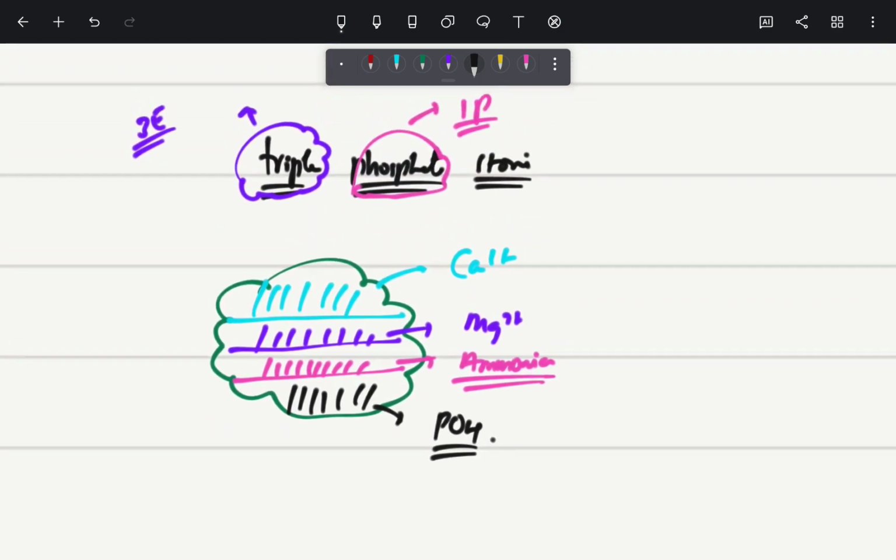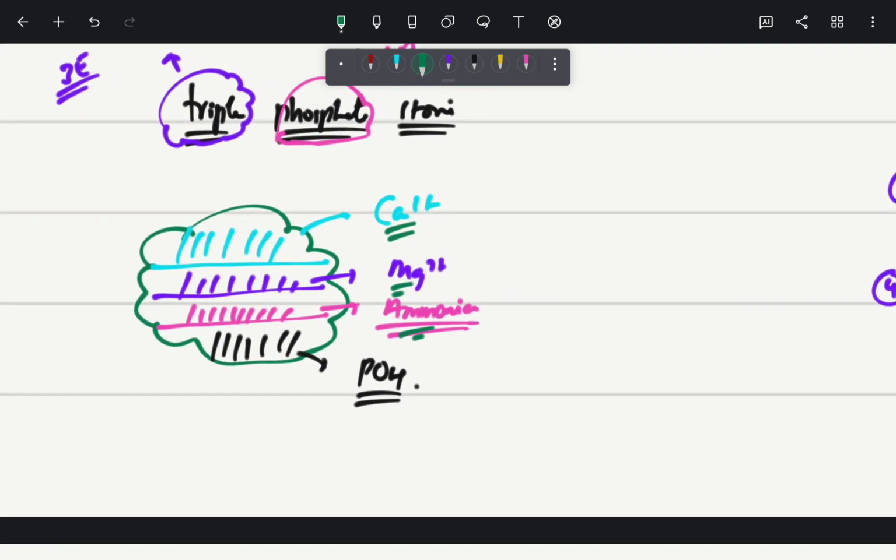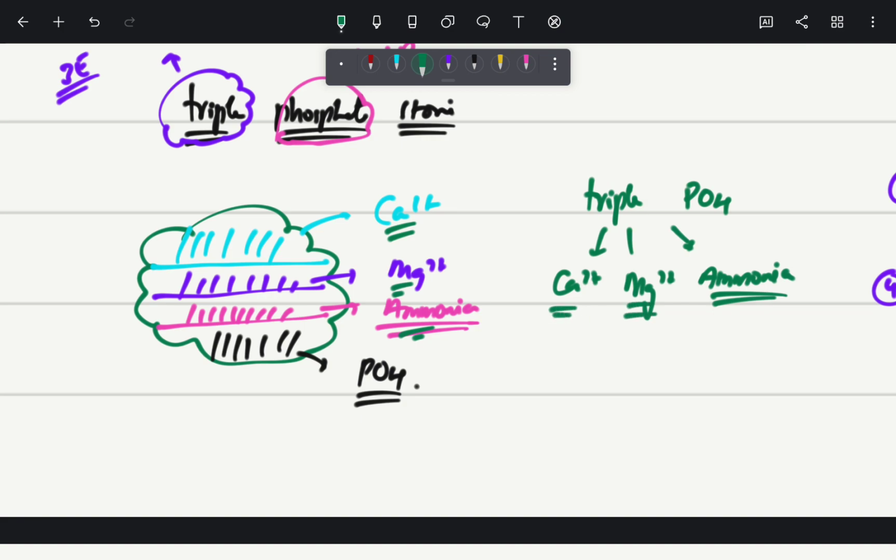So I already said that triple phosphate stones consist of three elements, plus one element which is your phosphate. So triple phosphate stones consist of three elements, that is your calcium, magnesium, and finally ammonia. Okay,